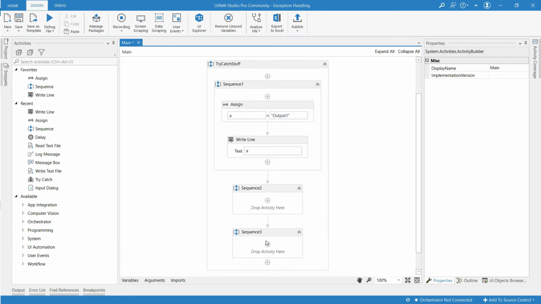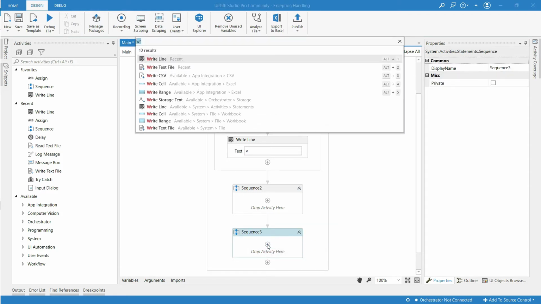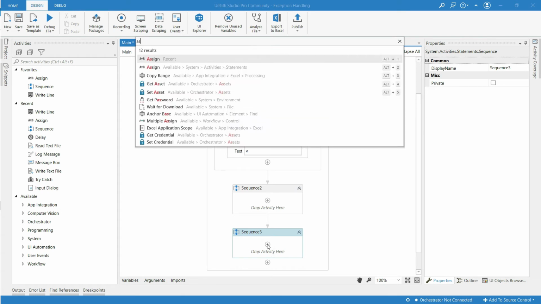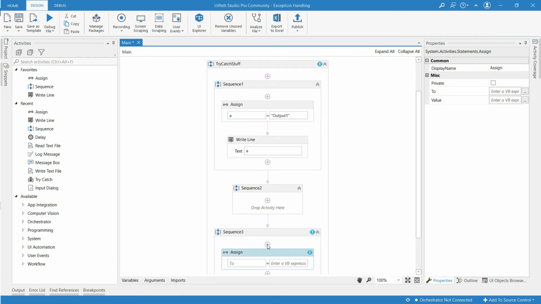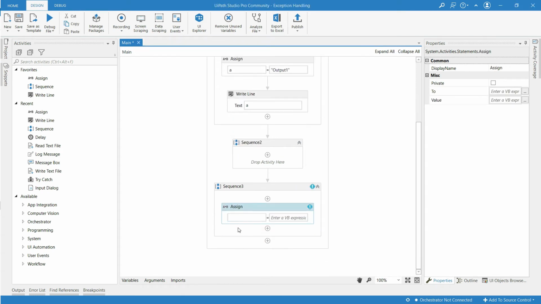And now in sequence 3 click on this place and search for the assign activity, drag it into the sequence. In the to field create a variable and name it as B. Let me assign string data, output 2.